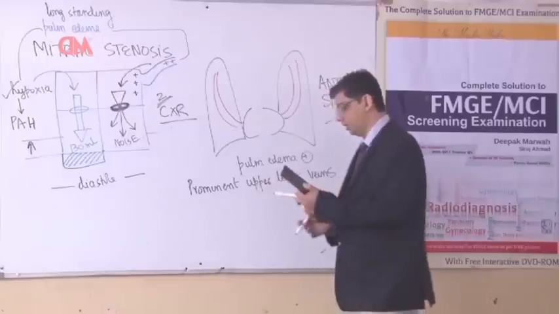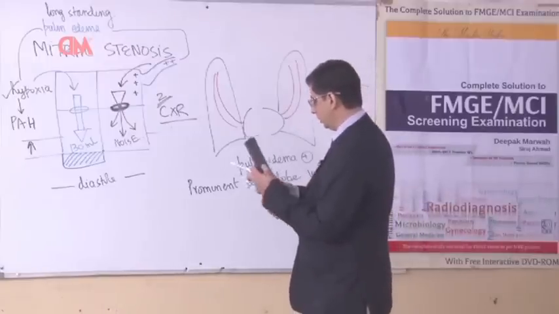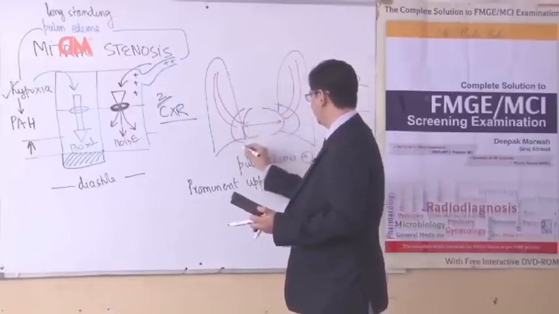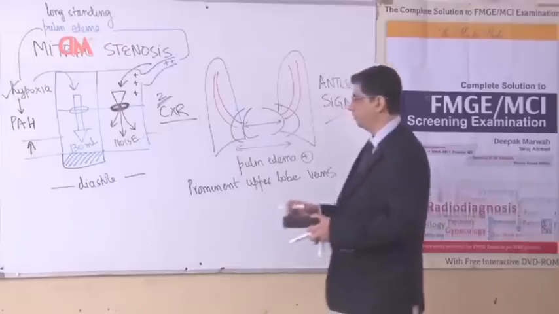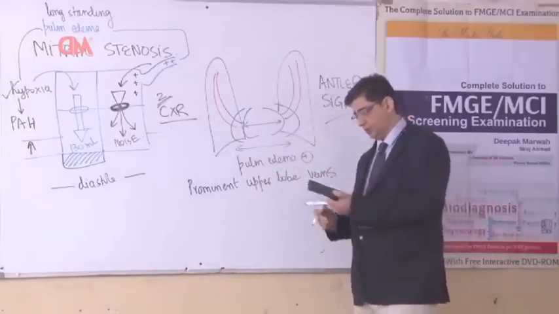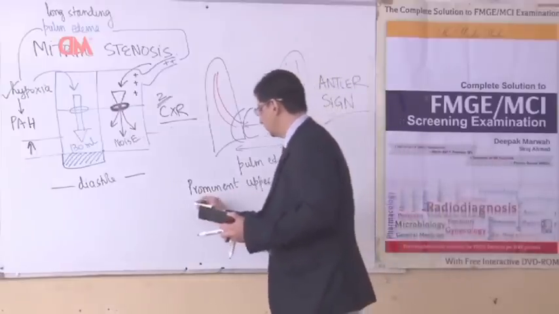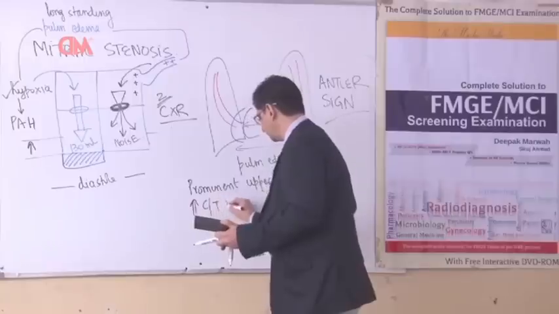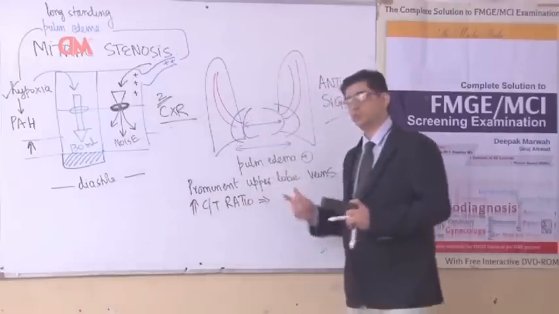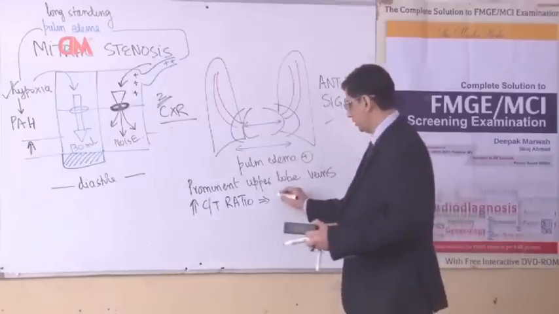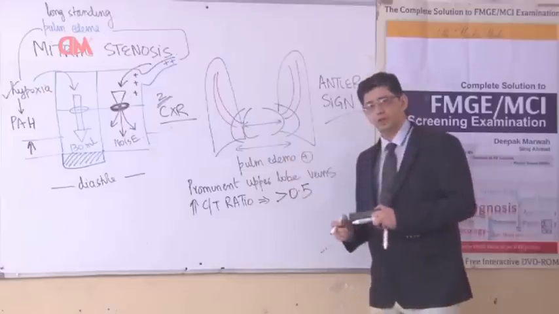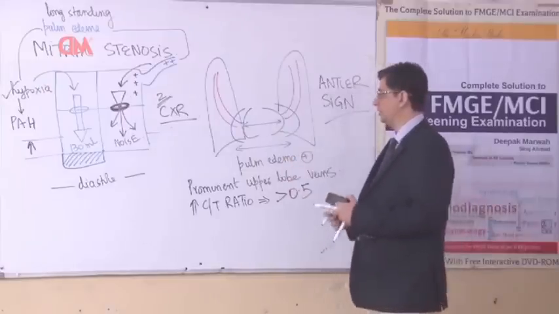Subsequently, as the congestion in the heart increases, it will also contribute to an increase in the cardiothoracic ratio. If you compare with what I have drawn here, I have tried to show that there would be congestion in the lungs and congestion in the heart, so the heart will become bigger. Therefore, the second radiological finding that can be seen in these patients would be increased cardiothoracic ratio. Normally, in you and me, the heart occupies approximately 50% of the space in the chest. In this patient, the cardiothoracic ratio will become more than 0.5, which indicates cardiomegaly, which indicates a failure of the heart of the patient.